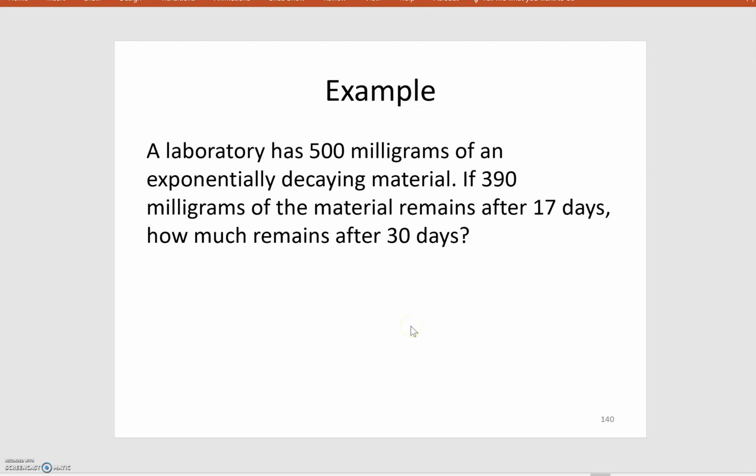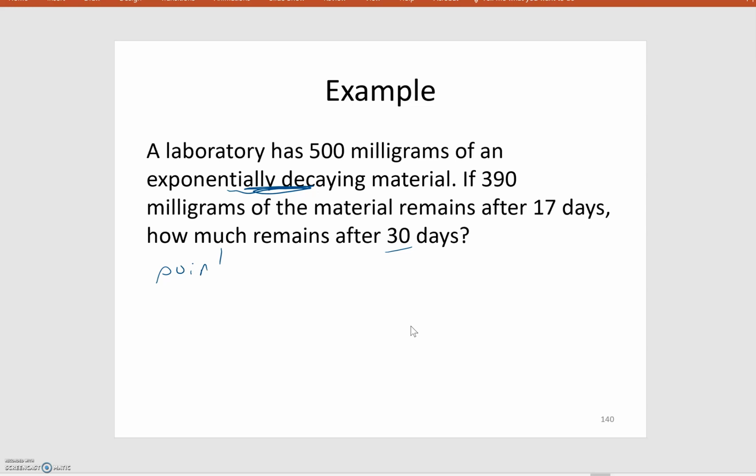All right, let's look at some more examples. A laboratory has 500 milligrams of an exponentially decaying material. If 390 milligrams of the material remains after 7 days, how much remains after 30 days? So let's identify the type of problem. This is an exponential decay problem. It's also a point problem because we are given point data